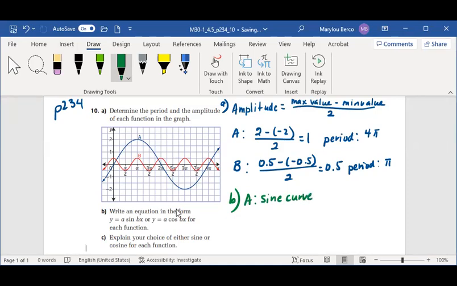Since the amplitude is 1, a is equal to 1, and using the period 4 pi and choosing b to be positive,